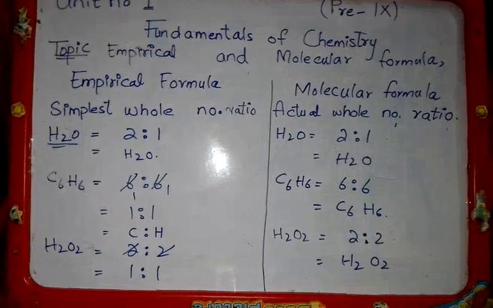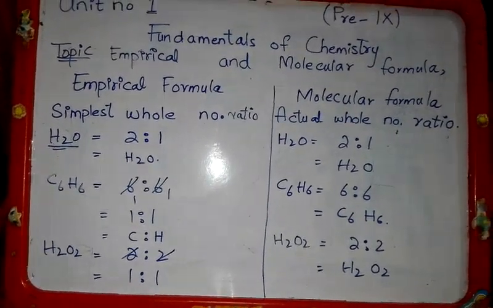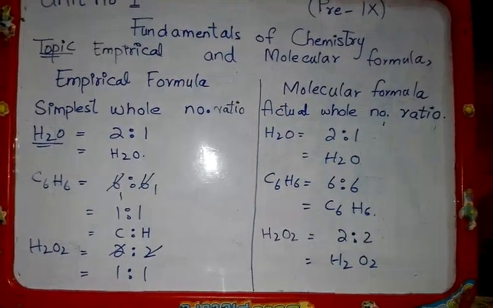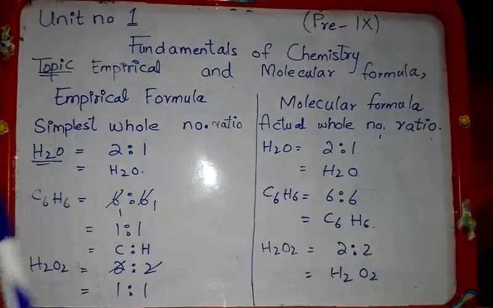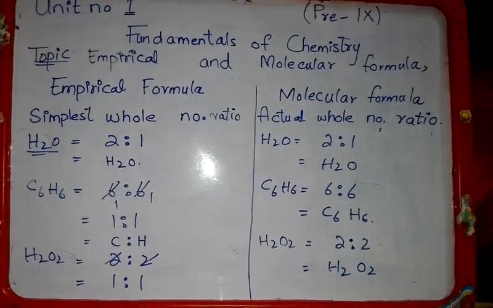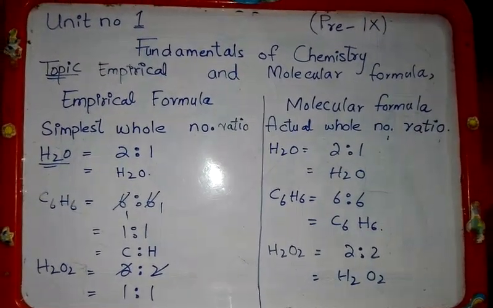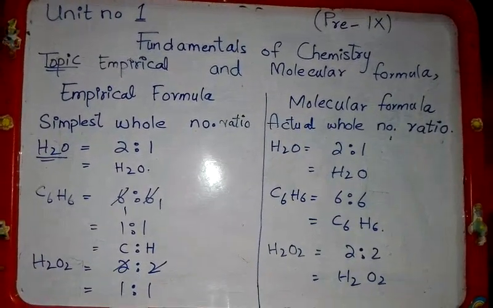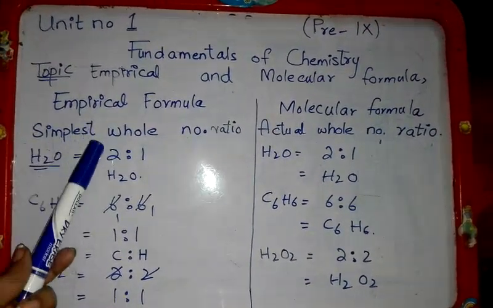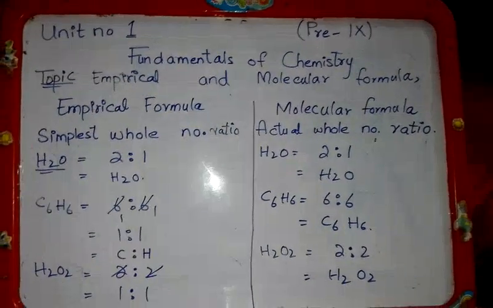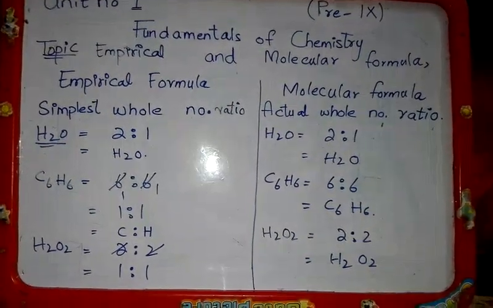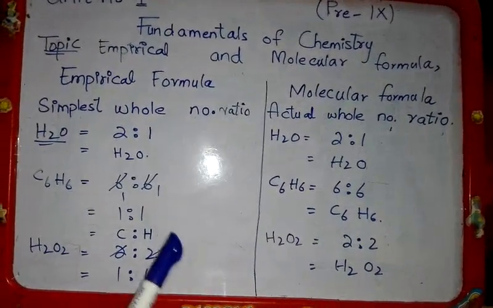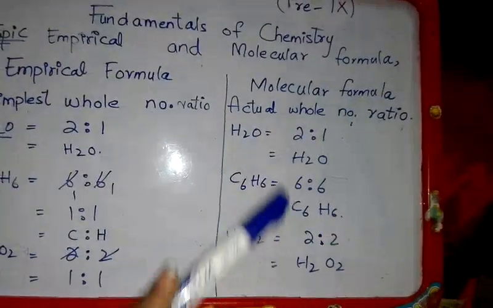I have written this empirical formula and molecular formula in contrast for the better understanding of you all, so that you can understand that they always come against each other. They always come in difference with each other. So the definition of empirical formula is the simplest whole number ratio. In empirical formula we give the simplest whole number ratio, whereas in molecular formula we give the actual